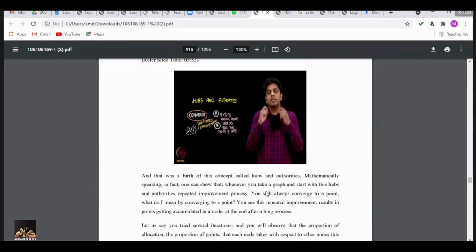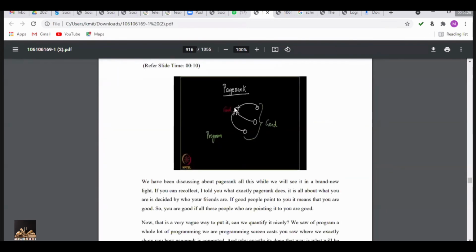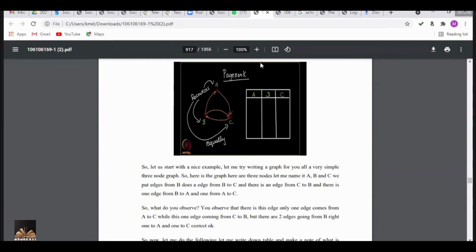So how that can be calculated here is, let's consider I am a person, right? Some good people are referring to me because I am good. And in the same way, if I am referring to the good people, then my rank also will be improved. So how to calculate the page rank here is, let's consider I have three resources here, A, B, C. So here A is being referred by B and A is referring to C. B is referring to A and C, and he is being referred by C.